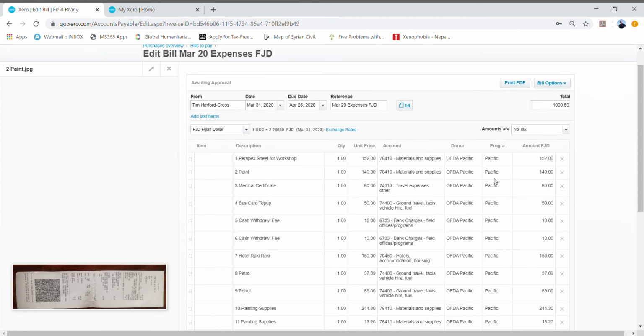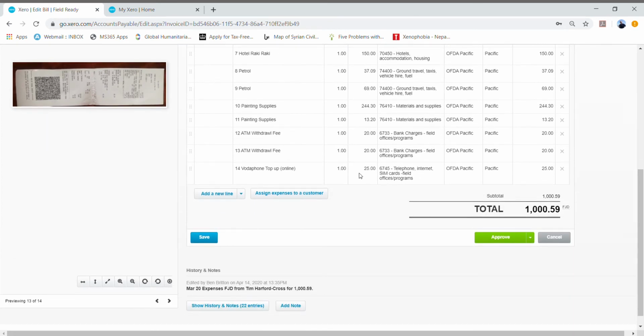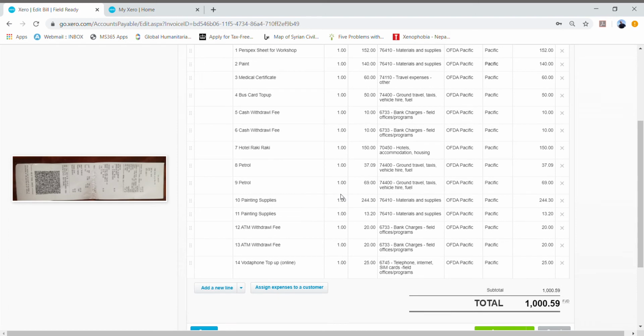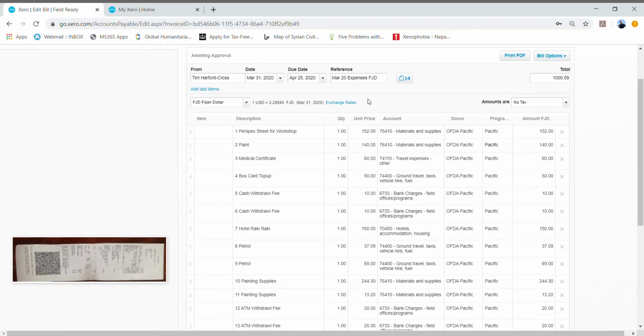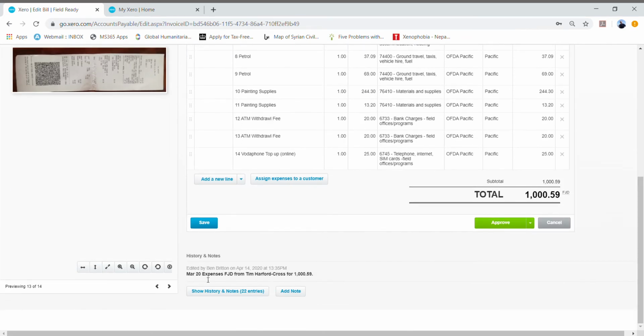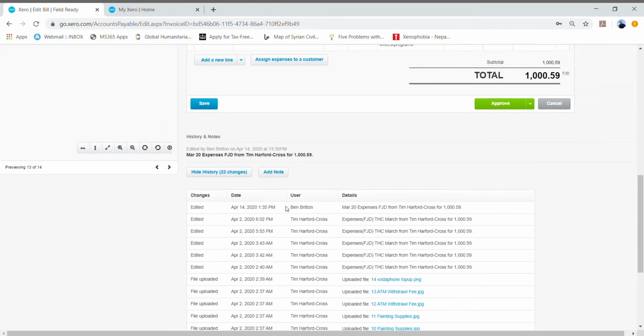So we can go through all of these bills individually, but I don't think we need to right now. If you do need to make a change, then it's probably best to talk to the person who originally submitted the bill and to tell them what needs to be changed. Detail that in an email or a message to them and get them to change it. Because here you can see at the bottom where it says show history and notes, you can see all of this